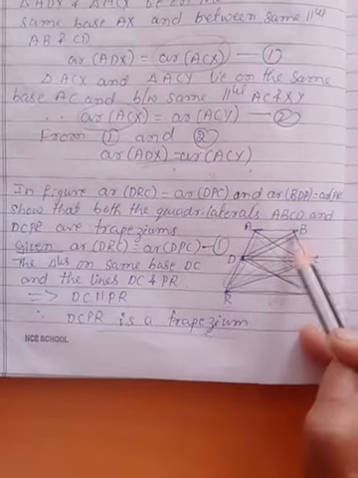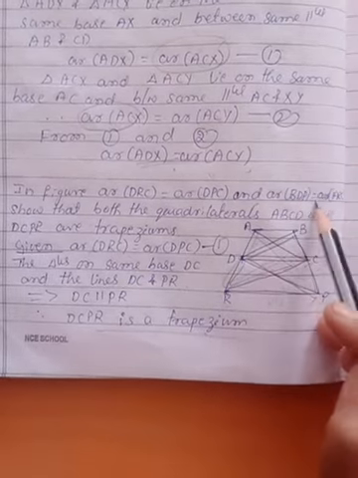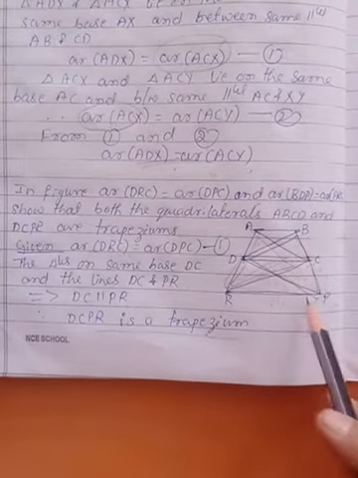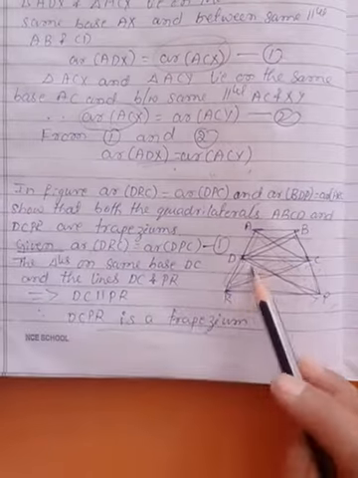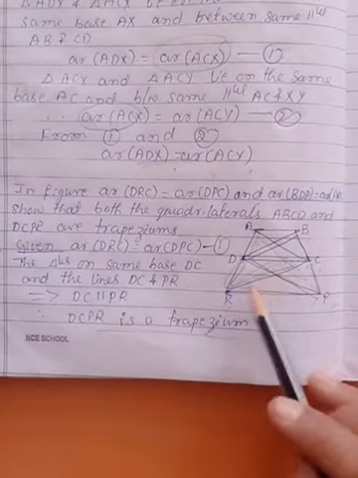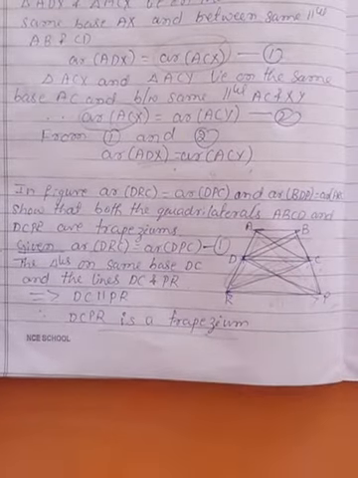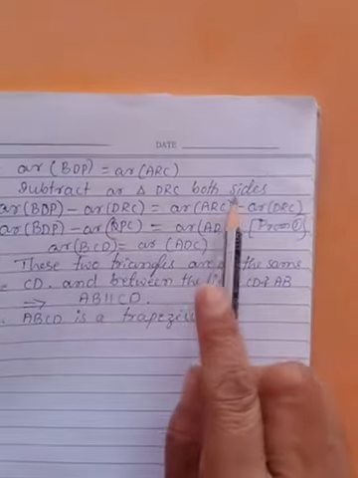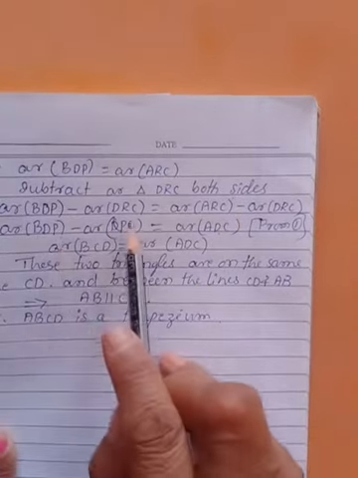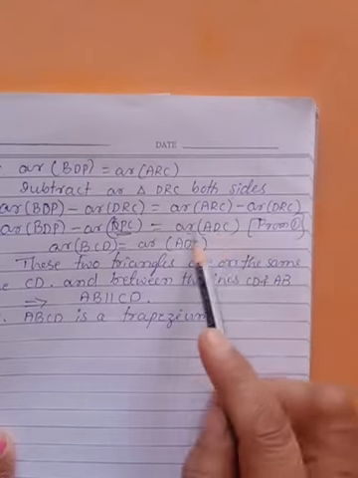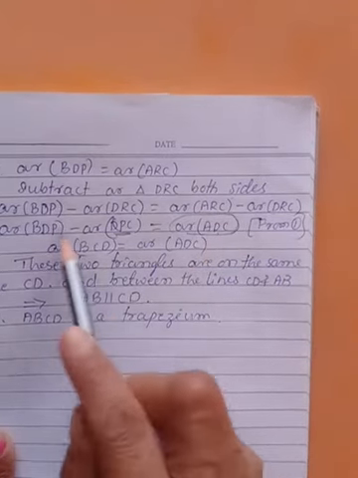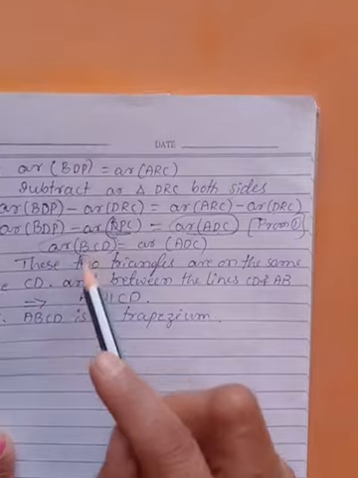So in the next part, just take down BDP and ACR. From these, subtract the common parts, the triangles we are having. That time you will get one more proof also. DRC can be written as DPC. So when we subtract, we will get the area of ADC here, and after changing, we will get BCD.